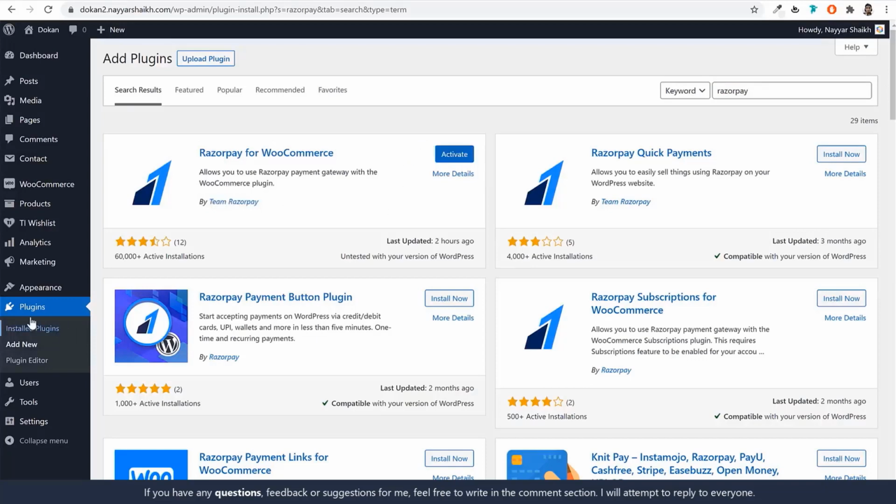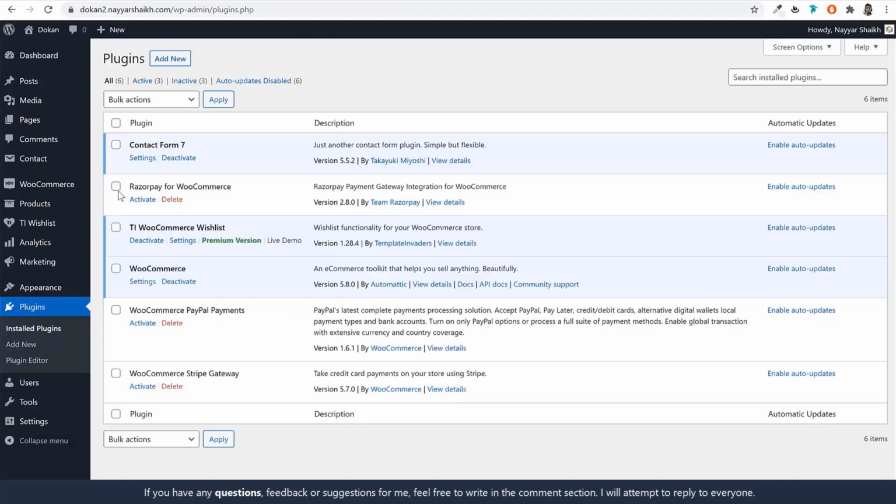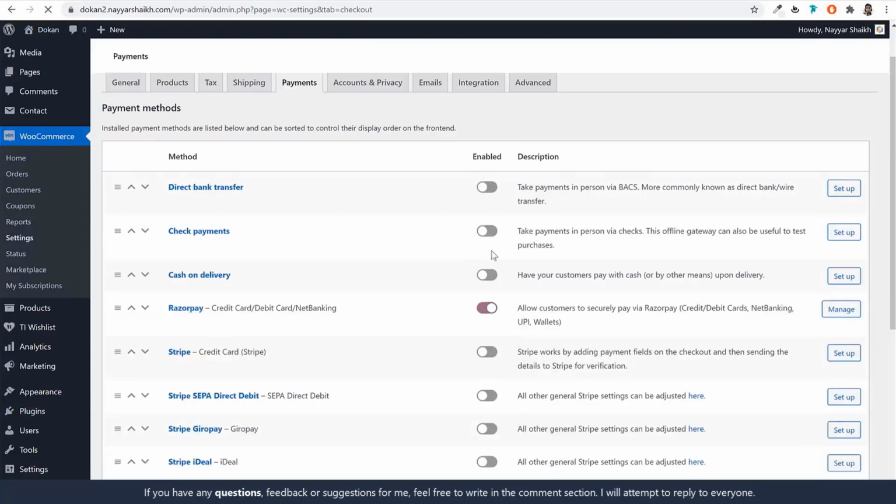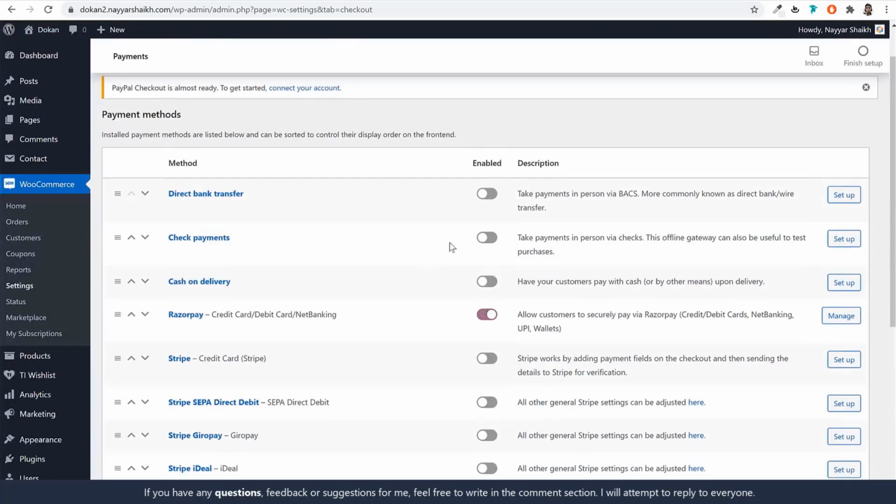Now once you install all these plugins, again click on plugins at the left hand side, and now it's time to activate them. So I'll tick mark all 3 plugins. Under bulk action, I'll select activate and click on apply. Once all these plugins are activated, you can again come back to your WooCommerce settings and refresh this page. You'll see a lot more options for you now. So we have to enable all the payment gateways that we have just